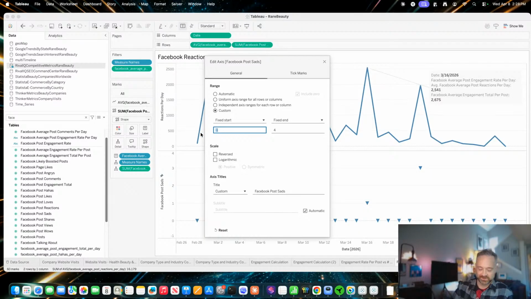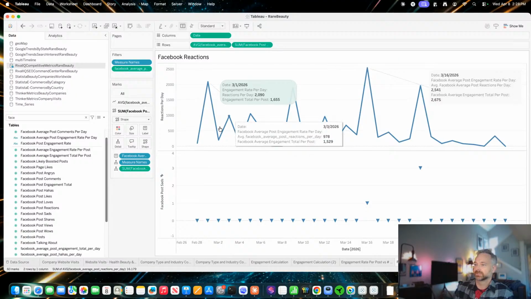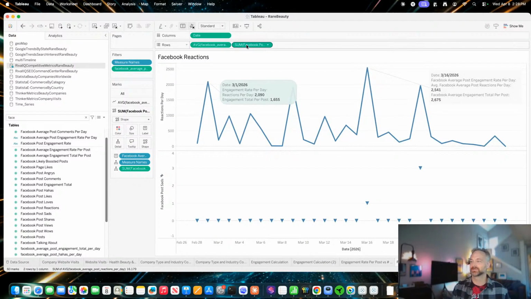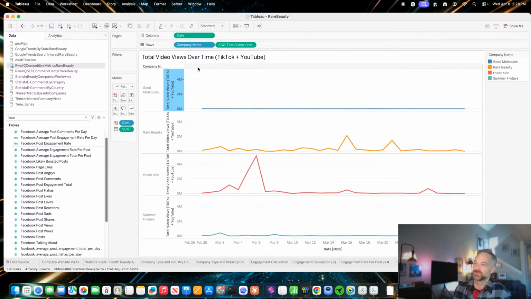So maybe, I don't know if I can get rid of this at the 0.1. Maybe it won't show the 0. Or we can filter, no, maybe not. Yeah, I don't know. There's probably a way to get rid of that, but I'm not thinking of it super fast when I'm trying to do this on